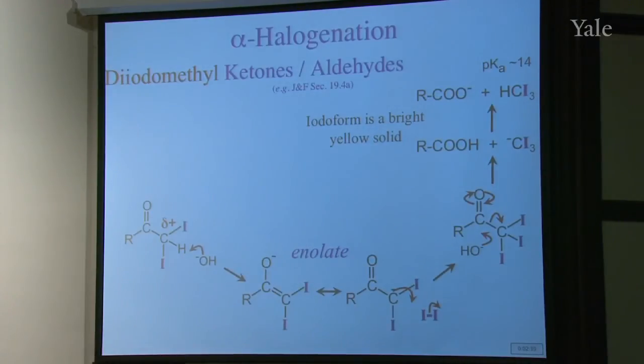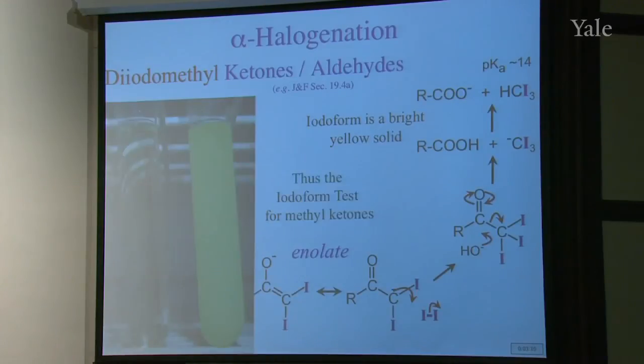So this was provided in the days before there was NMR. Like if you had a methyl ketone now, you'd look for a methyl singlet shifted downfield at a certain position. We know from NMR how you would identify it, and in the carbon NMR, you'd look at a particular place. But in the days before there was spectroscopy to identify these things, how would you know if you had a methyl ketone? You reacted it in water with base and iodine and see whether you get a bright yellow